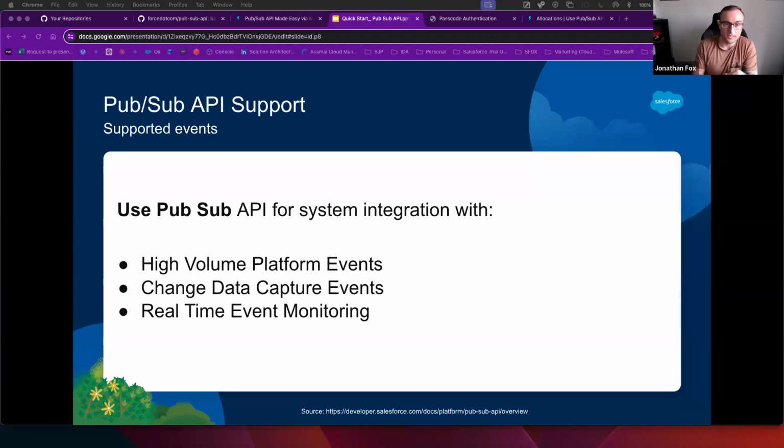You can capture and monitor it, because this isn't just about the typical example of why you might want to use the Pub/Sub API. You've got an order management system external to Salesforce, and an order is changed on the Salesforce platform, so change data capture fires the event and you want that data to go to your order management system. That's the typical example people give for what to use the Pub/Sub API for, and event architecture in general. It's the go-to scenario.